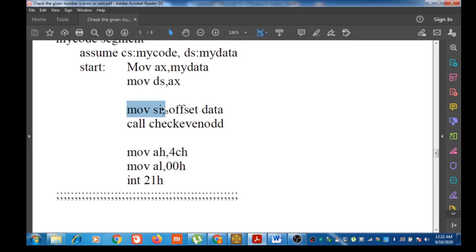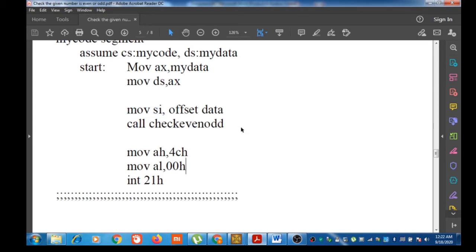After this instruction, SI register contains a pointer to the data. So after making this arrangement, we are calling this procedure.